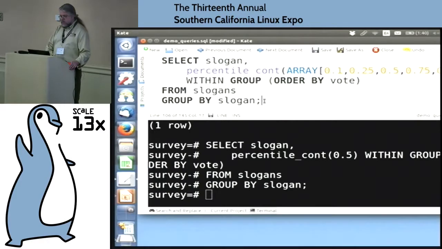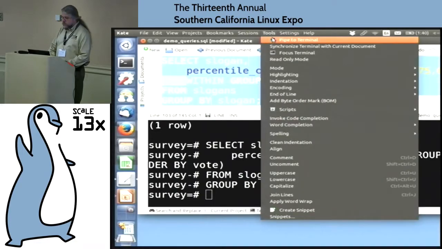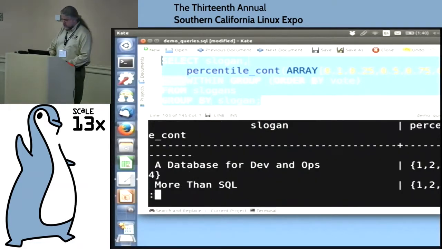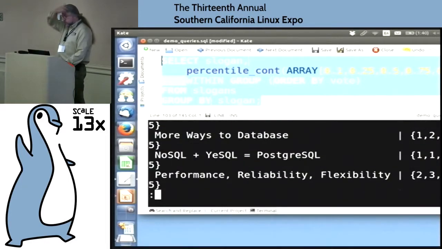Now, like I said, I like to do a full box plot of a lot of things. This is obviously more interesting with more discrete data rather than a 1 to 5 vote. But you can sort of see the distribution there. This returns an array. It's got the distribution, and you see part of the reason that performance, reliability, flexibility did so well is that very few people gave it a 1, which is I hate it.